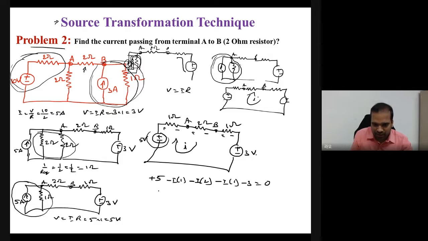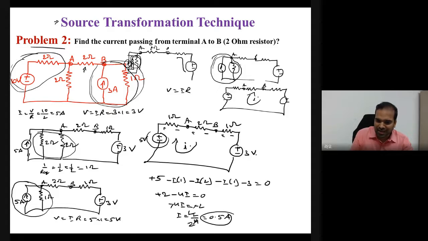Okay. Now see here, you have plus 5 and minus 3 equals plus 2, and 2, 1, 1, therefore this is minus 4I equals 0. Therefore minus 4I equals minus 2. Minus minus will get cancelled, so I equals 2 by 4. Therefore 2 ones and 2 twos, 1 by 2. Therefore this is 0.5 ampere. Now what current is flowing in this loop? Of course 0.5 ampere.